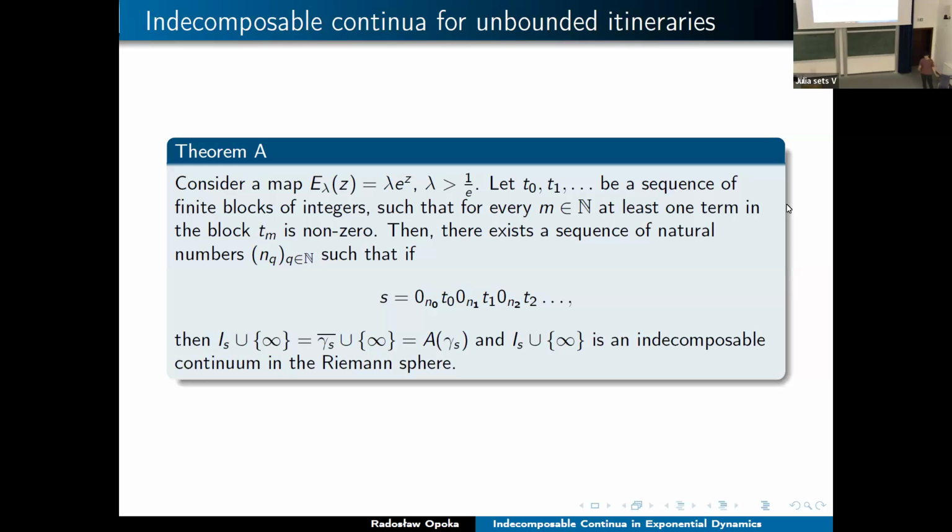Yeah, just one more question. How much do you think your approach would be generalizable? How heavy is this usage of the exponential function there? Maybe you could do it for some other functions with hairs, more general ones. Yeah, so this is what I want to do, but I'm just at the beginning of the process. I just finished this, and now I think I'm switching to such considerations as you asked.